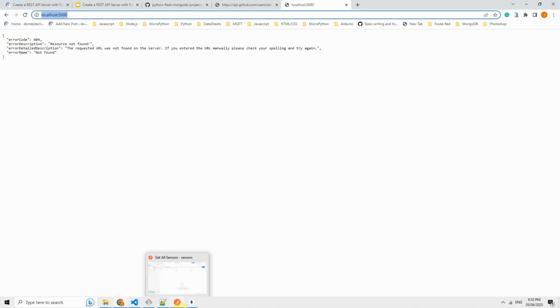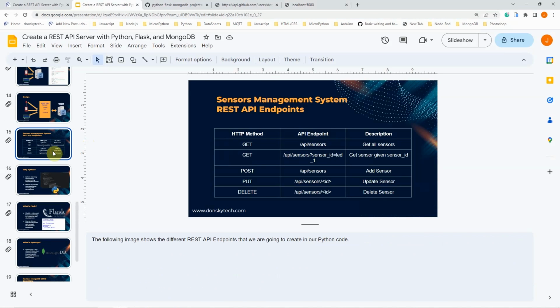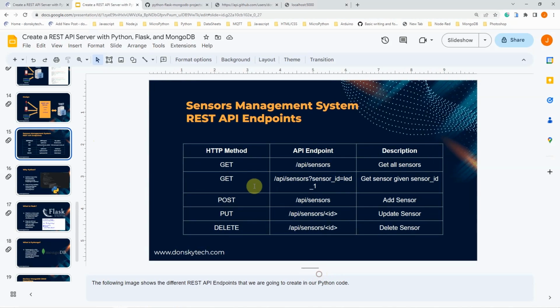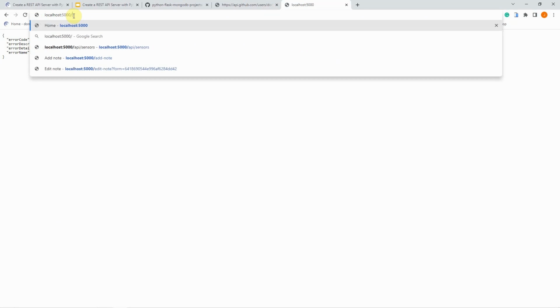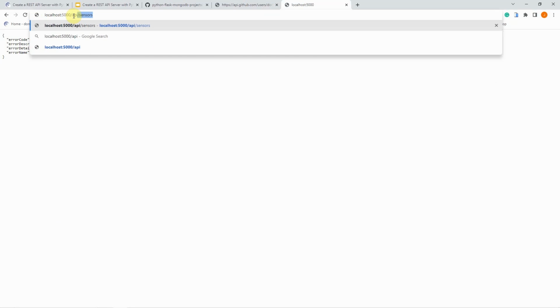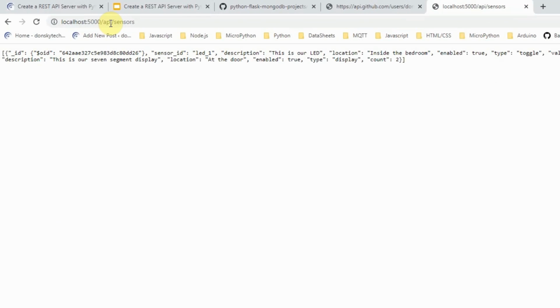So let's first go back into our REST endpoint. As you can see, the REST endpoint here contains the GET, which is /api/sensors. If we go in here and type in api and then sensors and click enter,